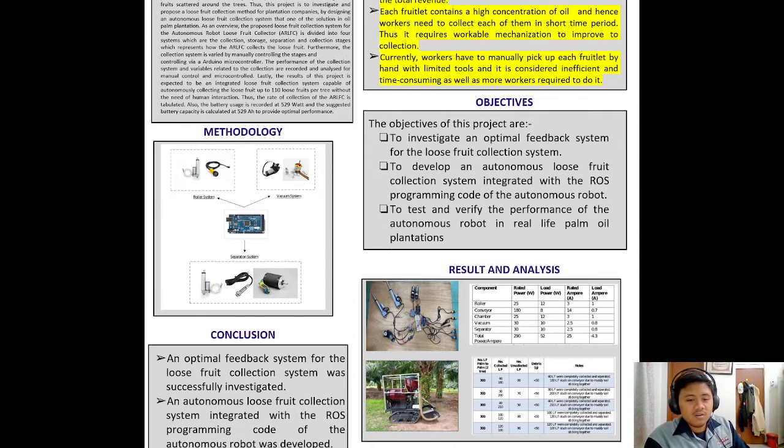So for example, when all of the loose fluids have been stored into the chamber and we want to move on to the separation system, we will send a signal to the linear motor actuator to open the chamber lid. And once it is fully open, the metal proximity sensor will detect the metal lid of the chamber, and it will stop the linear actuator. And thus all of the loose fluids will drop into the separated drum, as you can see here,